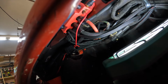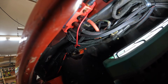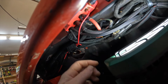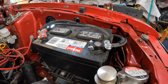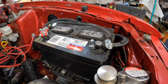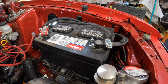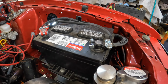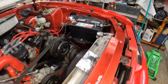So I think I'll just get this breaker hooked up here, start it, see if it trips right away. And then if it does, I'll take this off and see what happens. So when I put the battery on, immediately the battery sparked pretty good when I put that negative post on, and immediately the breaker popped. So I'm like, okay, something is touching somewhere. So I came back over here,